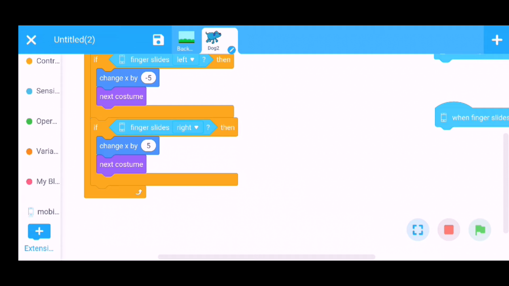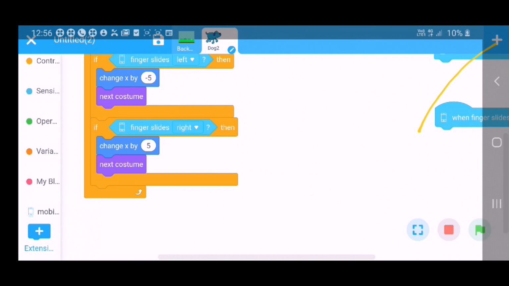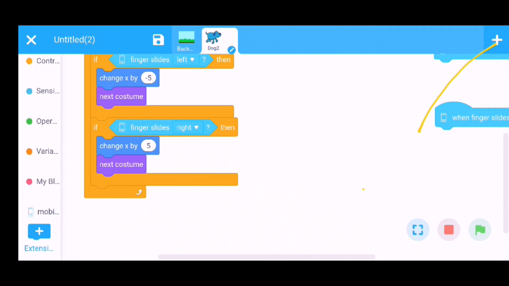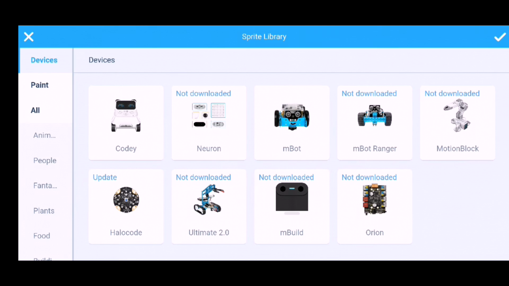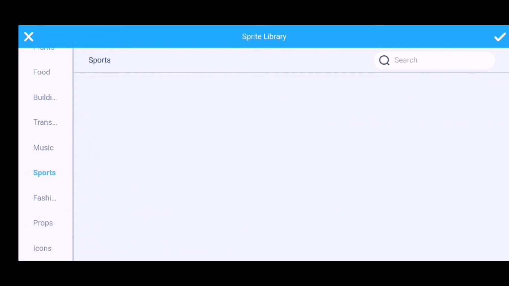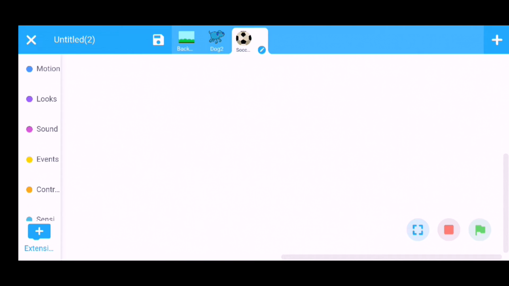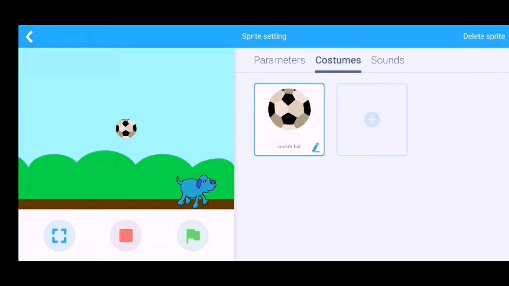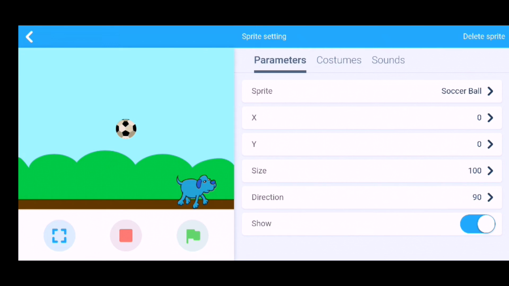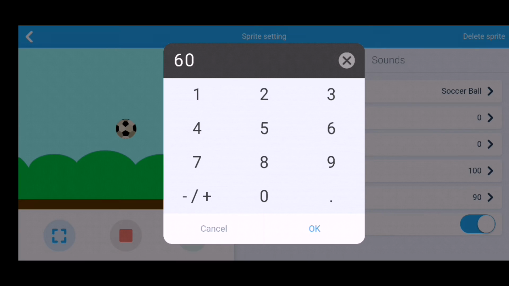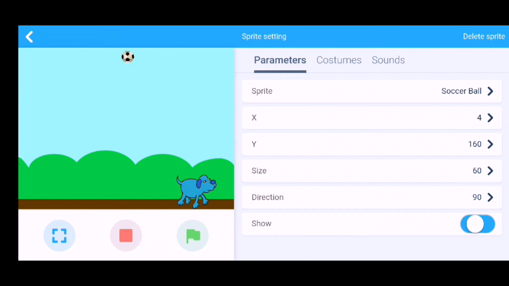Now we will add the ball sprite. To add the ball sprite, click on this plus sign. Go to the sport section. Choose any ball here. Then decide the ball size, range. Look at the coordinate of the y-axis.